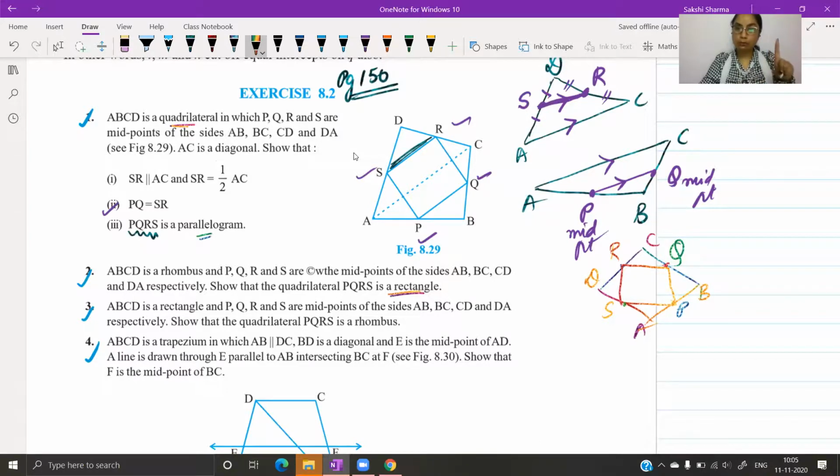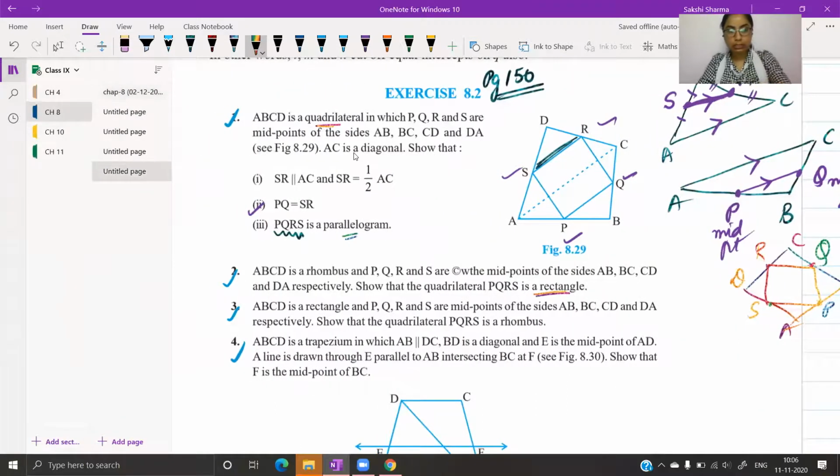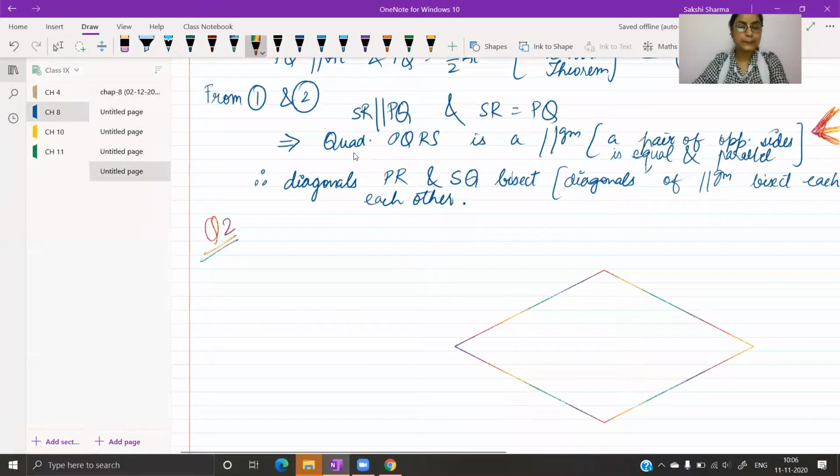पहले उसको पैरेललोग्राम प्रूफ कर दो, वो सारा प्रूफ बन जाएगा आपके क्वेश्चन नंबर 1 वाला कि आपने कैसे प्रूफ करना है कि जो अंदर क्वाड्रिलेटरल बन रहा है वो पैरेललोग्राम है. तो सारा का सारा प्रूफ वो वाला आ जाएगा. उसके बाद एडिशनली आपको ये प्रूफ करना है कि PQRS में एक एंगल 90 डिग्री बनता है. सो दैट इज समथिंग आई विल बी राइटिंग विद यू. लेट्स ड्रॉ द फिगर एंड राइट डाउन द गिवन टू प्रूफ थिंग.